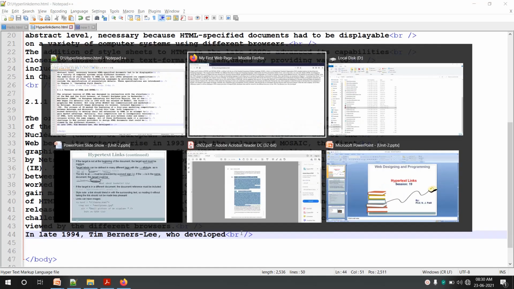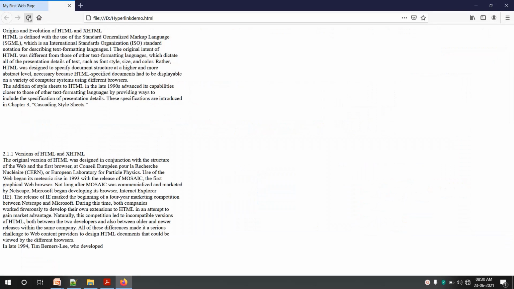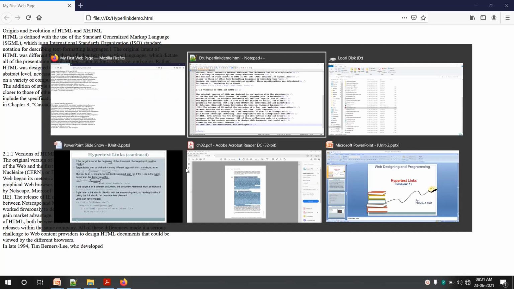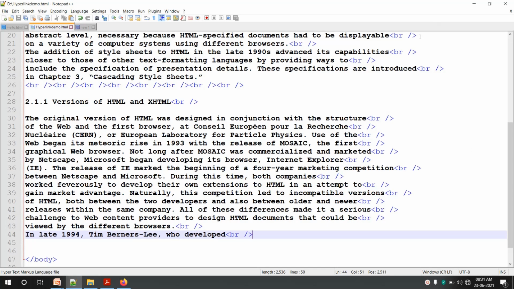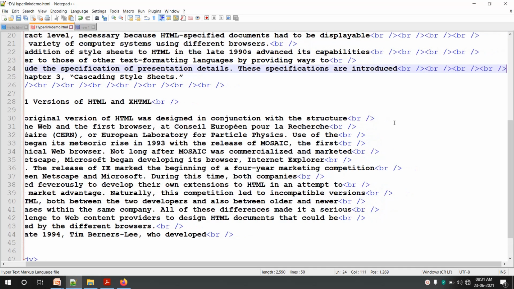Okay, let me verify the output now. You can see it is still a single page. I'll add some more breaks to take it down.